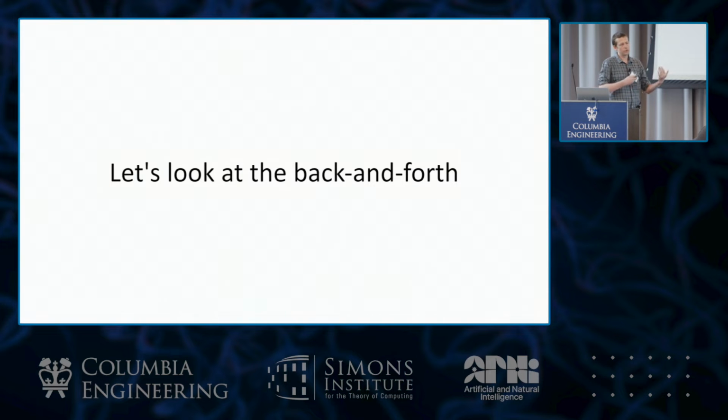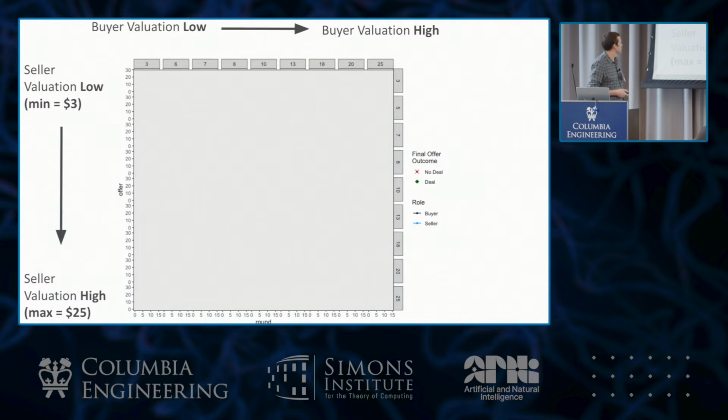One neat thing, this is done as a transcript of people going back and forth, but we can extract the sequence of offers that were being made. To plot it, the x-axis here is just the rounds of negotiation. Then I have the seller's valuation, so low is here and a high valuation is here. And then these are the buyers who had a low valuation. These are the numbers for their valuation, and it goes from low to high.